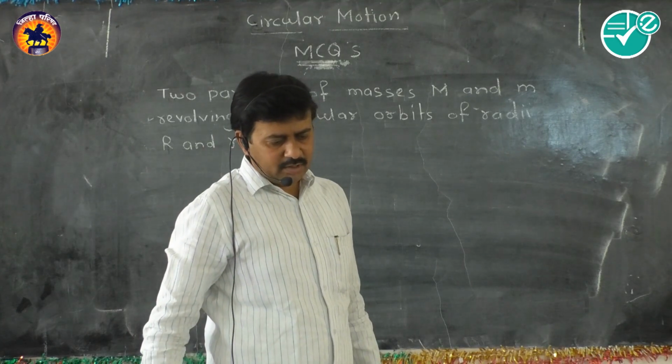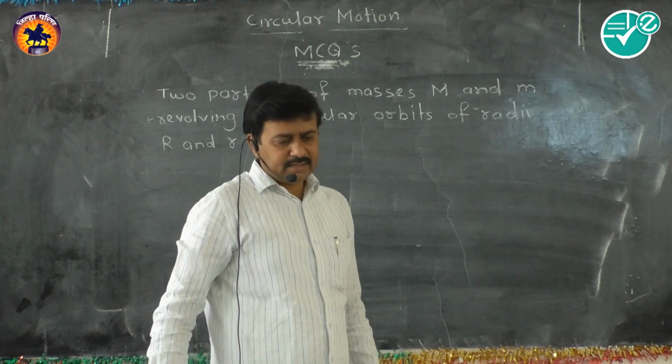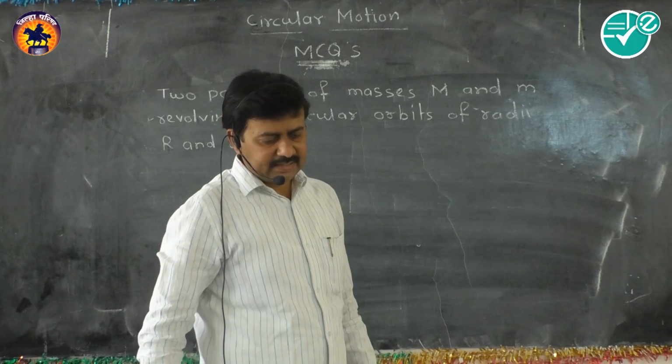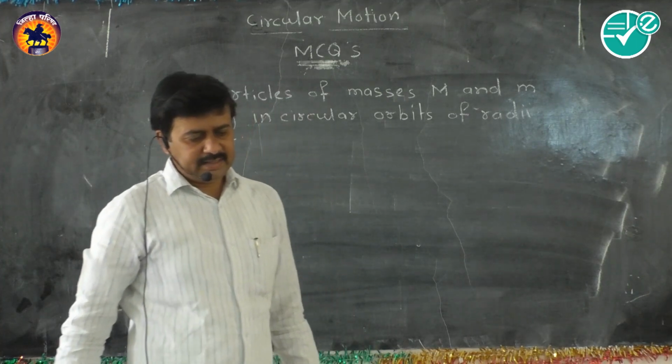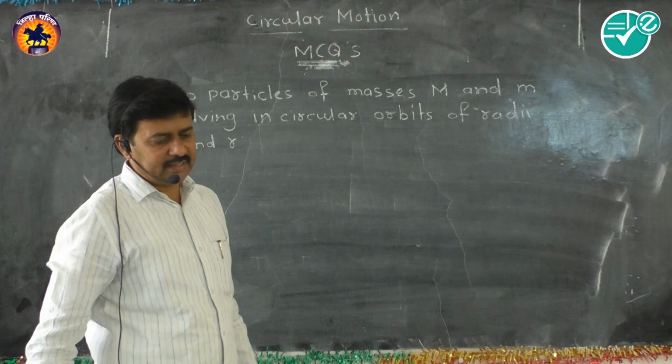If the time period of both particles is equal, then the ratio of their linear speed is